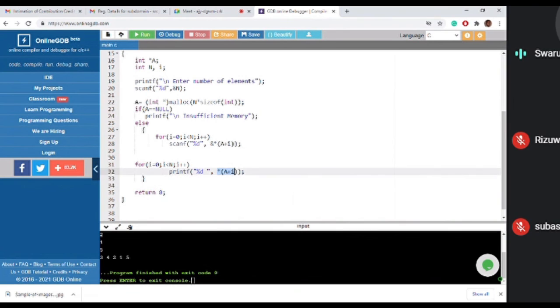If you would like to print the content of the i location of array A, this is the way to do it. Okay?